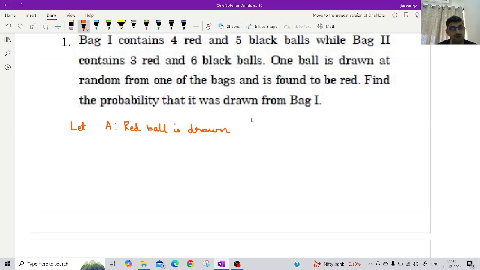Now this red ball has two possibilities, so that will be taken as E1. So that is, we have selected bag 1 and the red ball has come from that, so E1 will be bag 1 is selected,